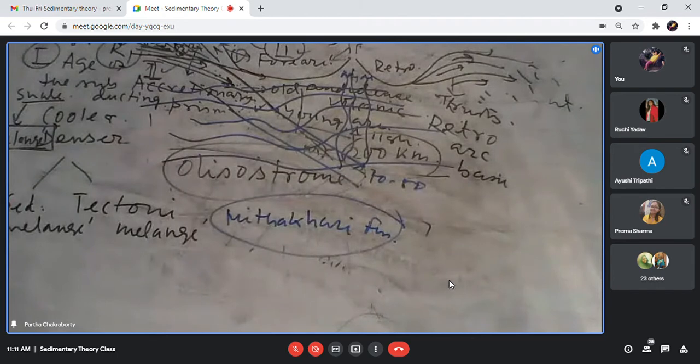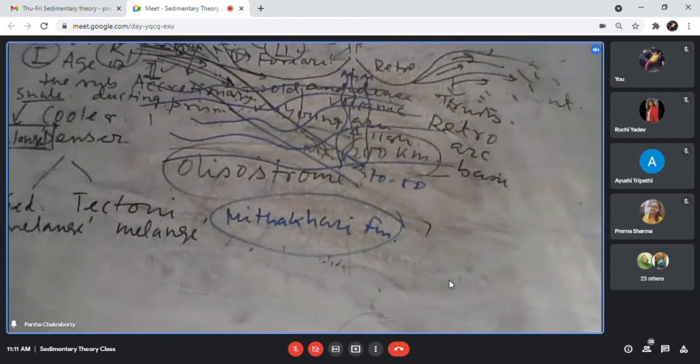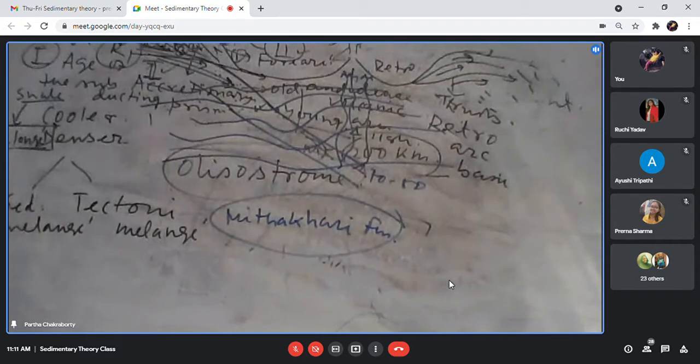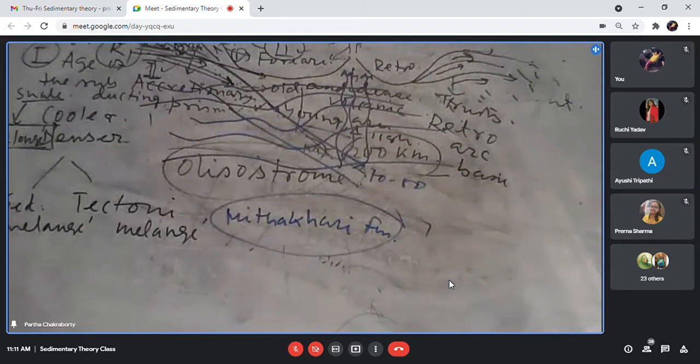So the turbidites and mass flows are very common, whether you are in the outer arc basin or in the fore arc basin. These are mostly sedimentation in the form of mass flows of different rheology. Suppose debris flow, grain flow, mud flow, then turbidity current, then liquefied flow, all these different kinds of mass flows will dominate in this system. And you can also get the submarine fan.